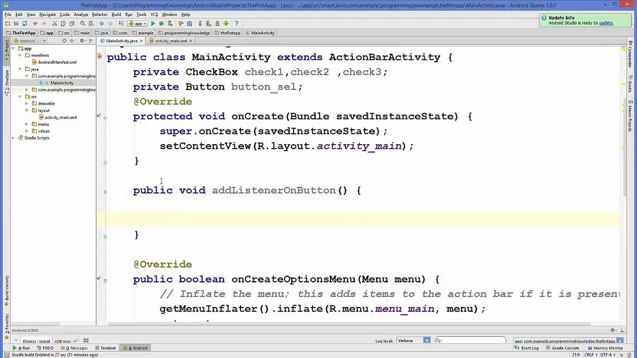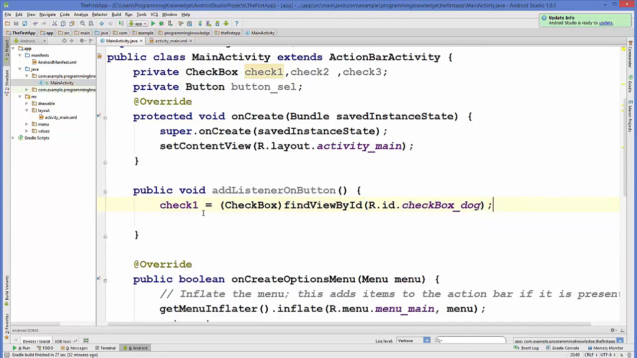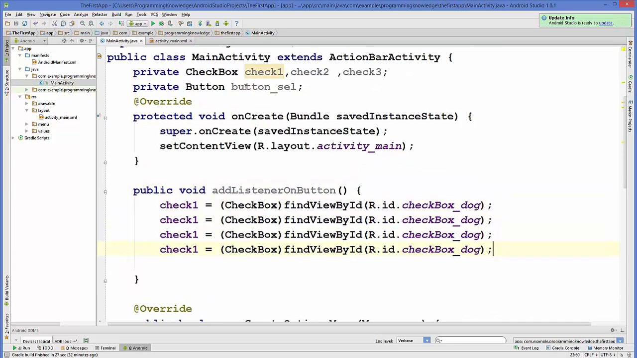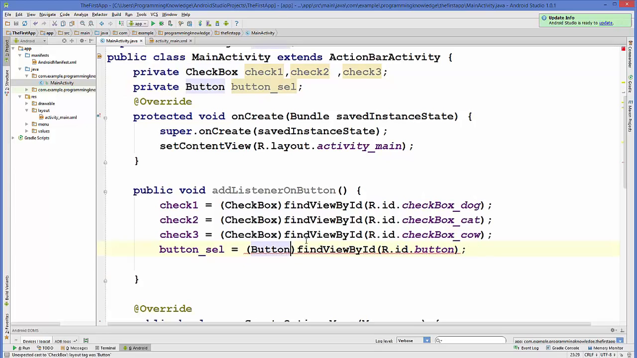in these curly braces. Now inside here we are going to cast our checkboxes and button, and we are going to cast them by ID. So for example, for checkbox 1, we are going to cast it to the dog checkbox. Now once we have cast all our widgets, now we are going to add